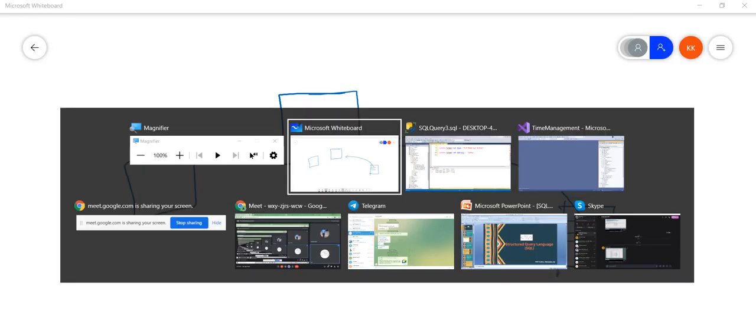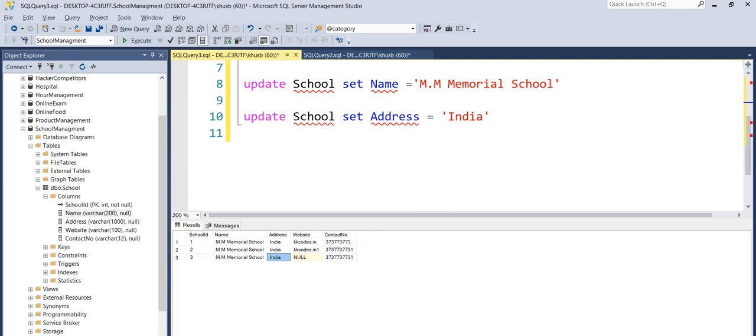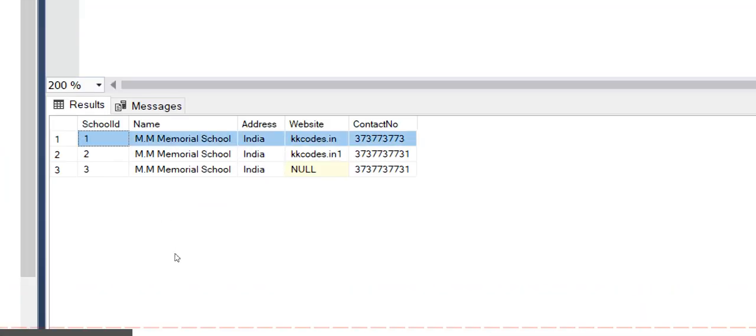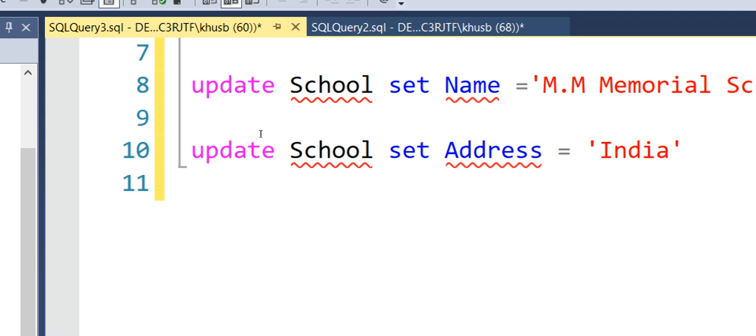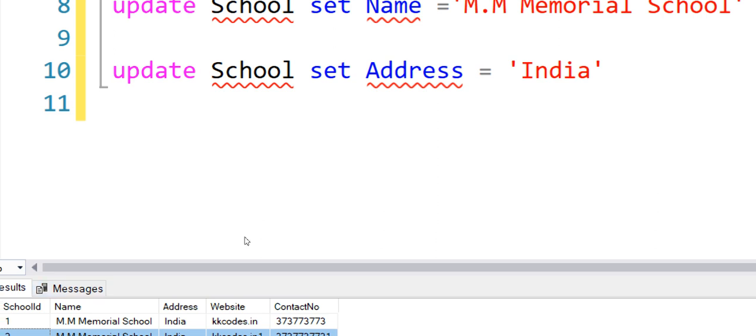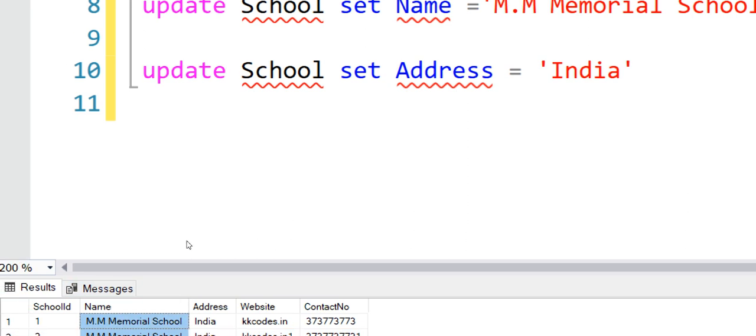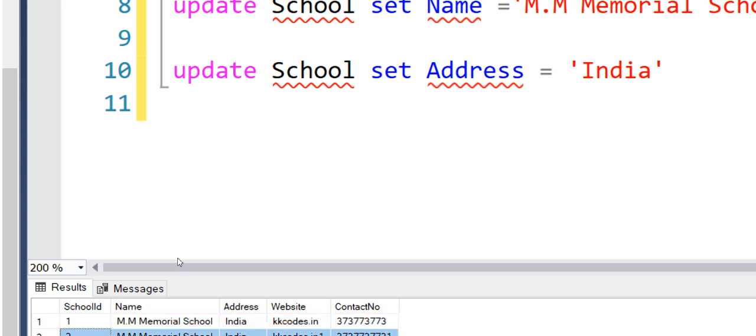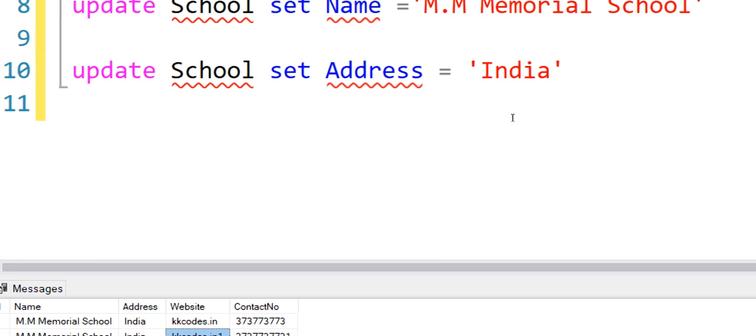So in the same way, let's say in our school table we have 4 columns and 3 rows. Currently we have seen this update query, and what does this update query do? It is going to update all the values of that column, all the rows of that column, right? Now I don't want this. Let's say here in the website section we can clearly see that all the values have some website, right? And we do not have a value in this third row, and I want to update only this one. So how can I do that?